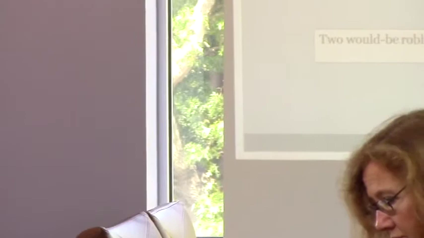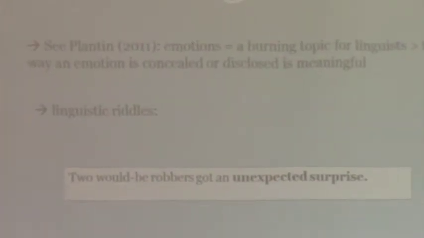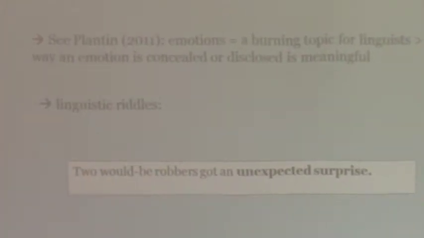However, even if language mediation distorts emotion, we agree with Plantin that emotion is a burning topic for a linguist. The way an emotion is concealed or disclosed is meaningful, and speakers may argue about emotions because emotions do matter